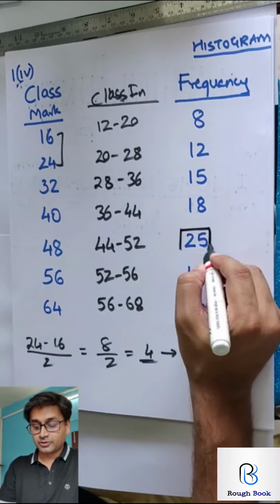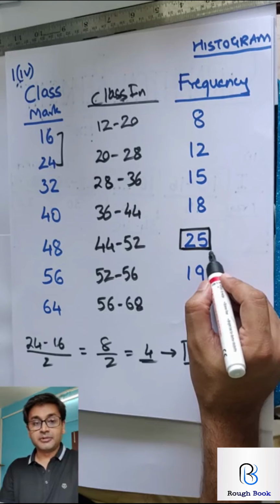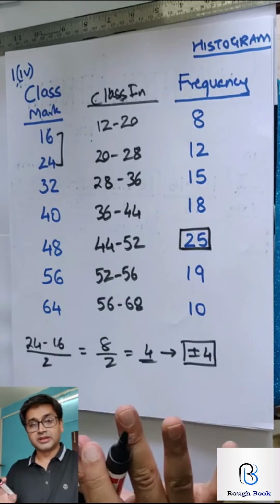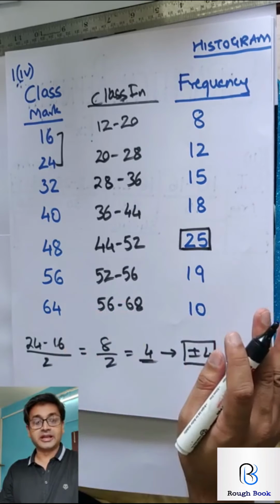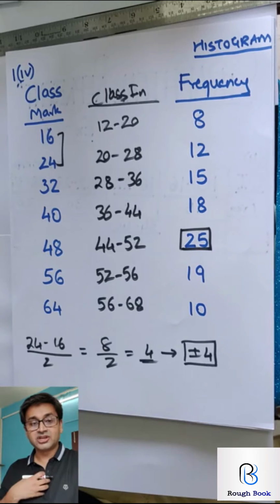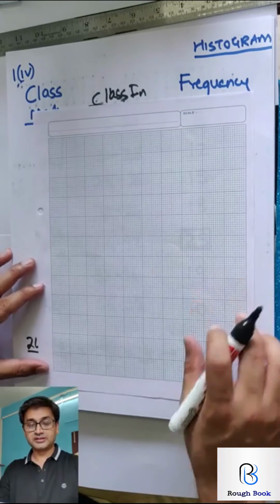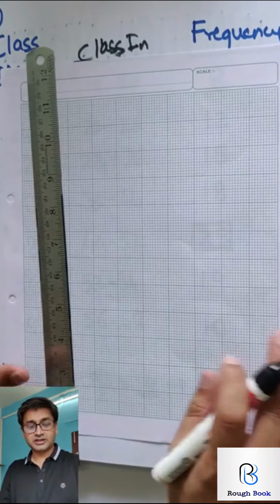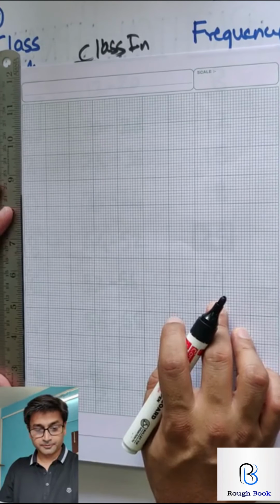So the maximum frequency is 25. This is for the y-axis. If I divide it by 10, I get 2.5. Now marking 2.5 is going to be crazy. So the only choice you have is either take 5 or take 10. Alright. If you take 10, it's going to be too small. So my suggestion would be take 5, as we did for the previous graph. Okay. So let's hit it. Come on. Everyone, pause your video, give your best, construct your histogram and then come back and check whether you have done it correct or not.